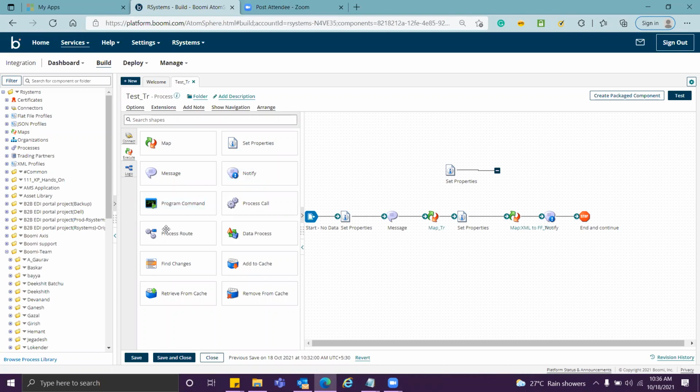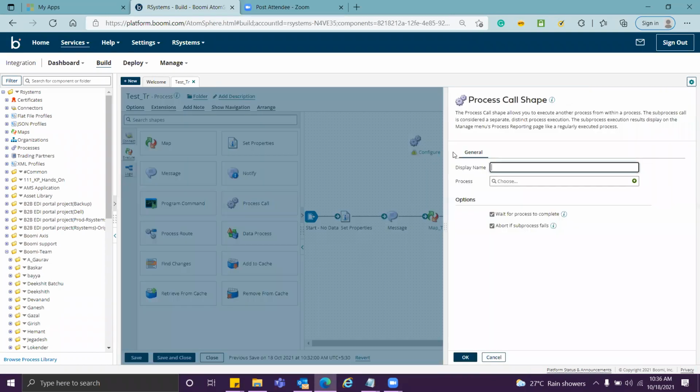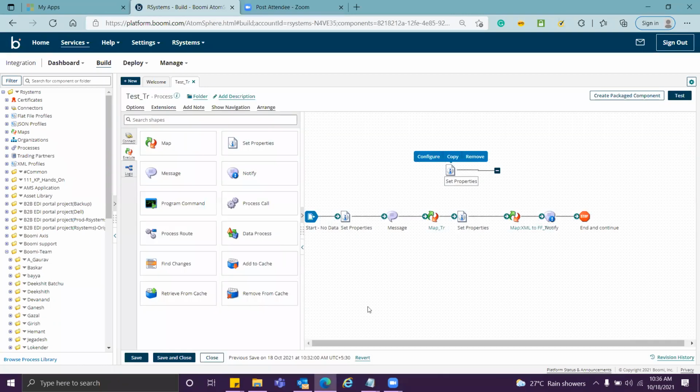All right. So moving to the process call shape. With the process call shape, I can call a process within my main process. Suppose I have made a main process, and I name it main.